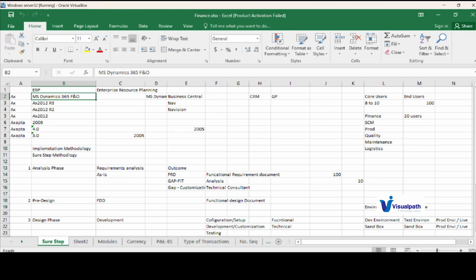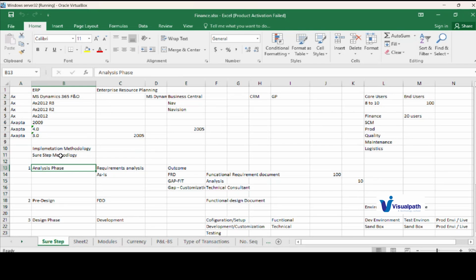Now the major difference between the older version and this version is that it was a standalone installation on premise, and now it is web-based. You can access it from anywhere in the globe. So that's the major difference between the older version and this version. Right? I told you I'll discuss the methodology also, sir. So here the methodology will be,